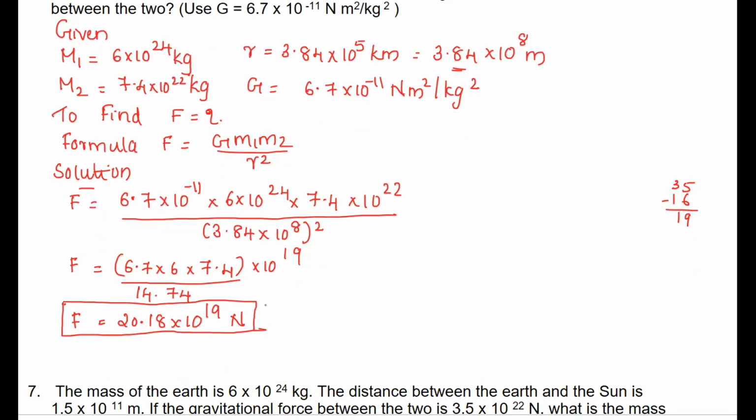If you want, you can approximate it and write that is 2.01, which will be equal to 2. 2 into 10 raised to 20 we can write. If you are writing like this also, you will get the full mark. No problem. Next question is,